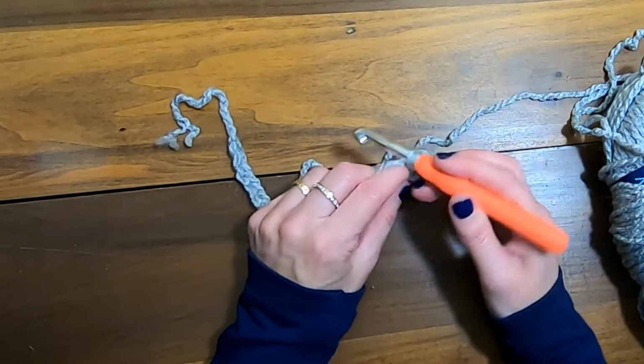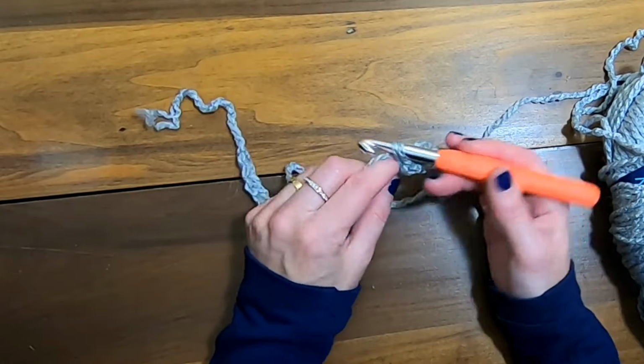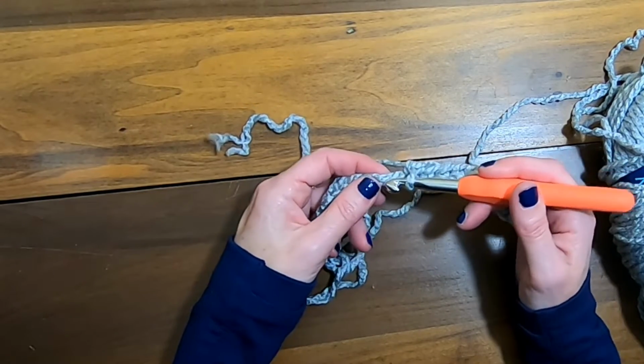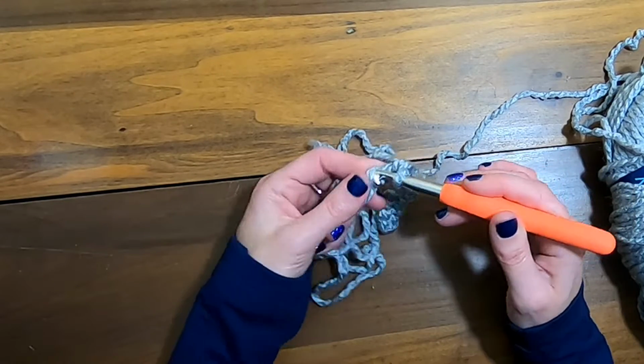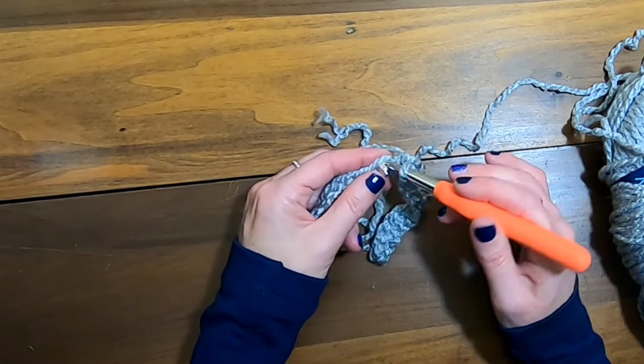Big stitches. I really enjoyed making this scarf. I couldn't believe how fast it went. And I think that this is going to look really pretty in the silver. And it might be a gift for a friend this Christmas. So if you're looking for a really beautiful, really cozy gift idea,